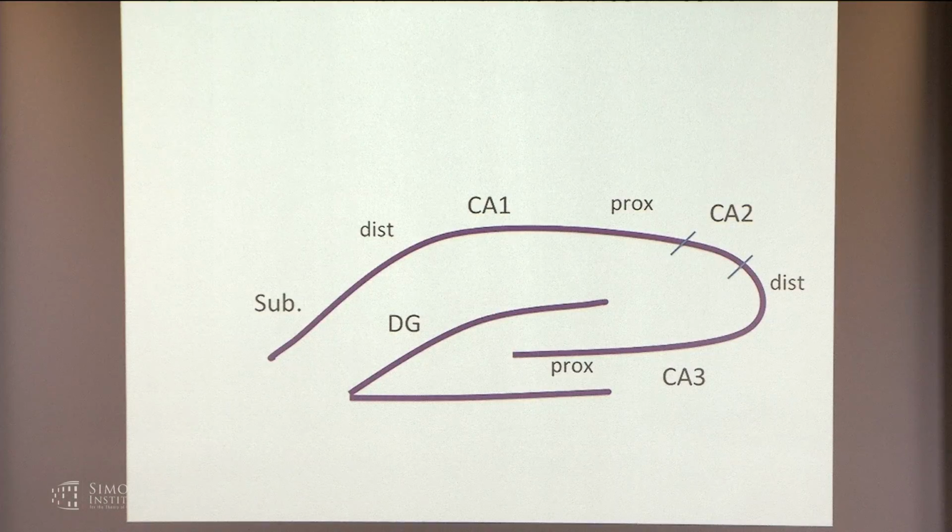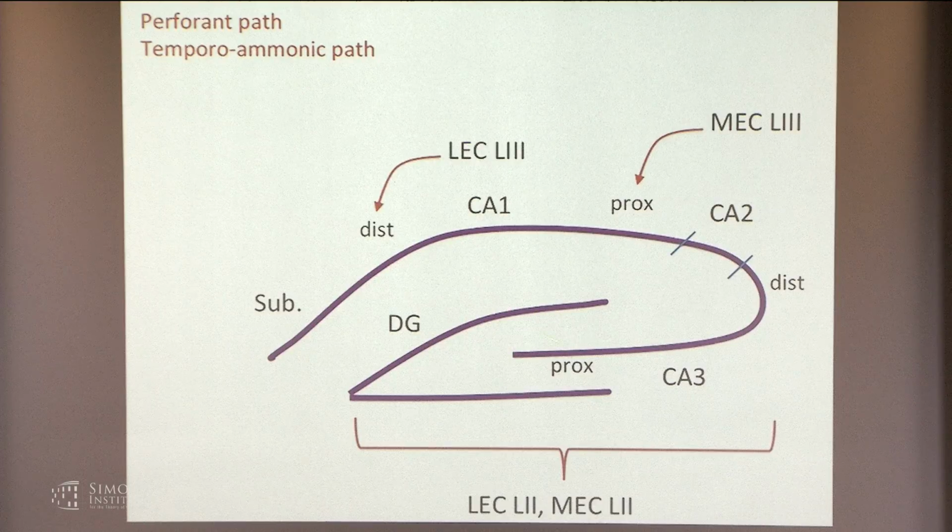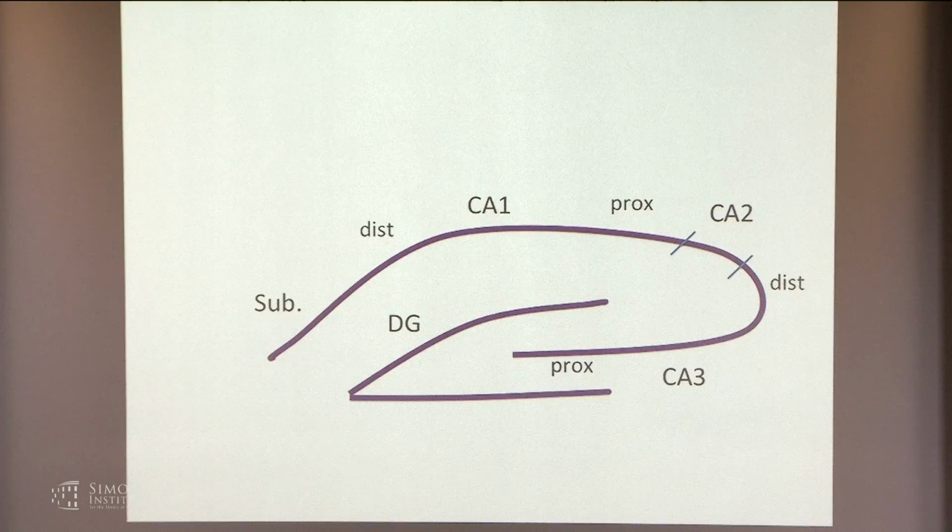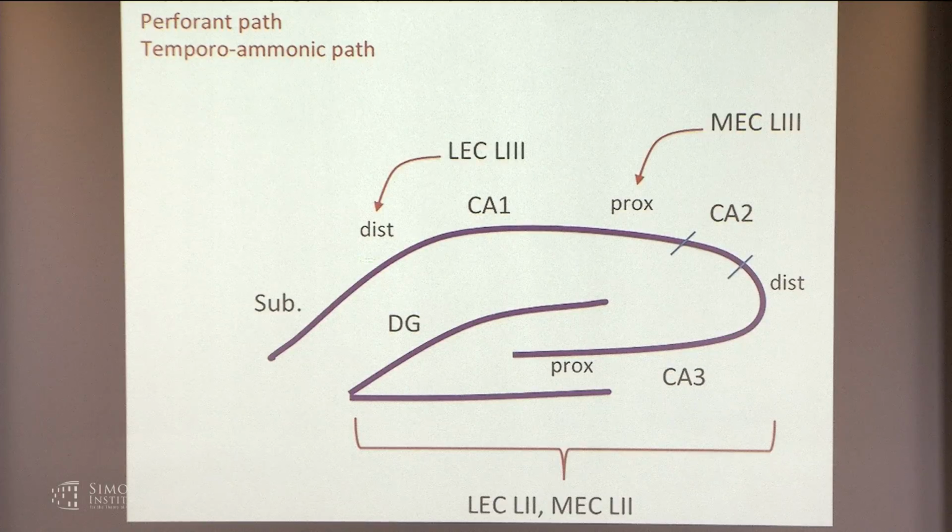So wrapping up here, here's the last slide. So what's going on here? Well, the standard suggestion of trisynaptic circuitry is from, say, the entorhinal cortex to dentate gyrus to CA3 to CA1, but it's much more complicated than that. The lateral and medial entorhinal cortex project to all regions, with mixed input to dentate and CA3, but actually segregated inputs, with medial entorhinal cortex to proximal CA1 and lateral to distal CA1.